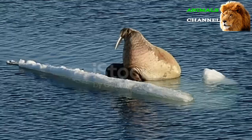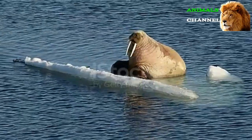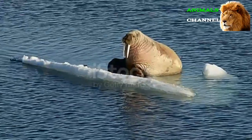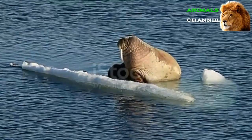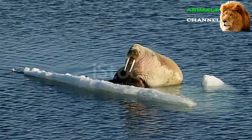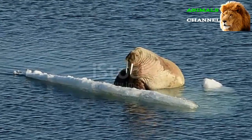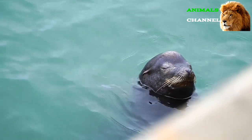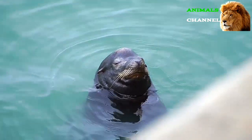What's the difference between a walrus and an elephant seal? The differences between a walrus and an elephant seal include size, habitat, and reproductive differences. Elephant seals far outweigh walruses, and walruses spend more time taking care of their young. What's the difference between a walrus and a sea lion? Sea lions differ from walruses in their overall size and appearance. The geographical locations of walruses also differ from sea lions. Who would win in a fight between a polar bear and a walrus? A polar bear would win a fight against a walrus on land, but a walrus would kill the polar